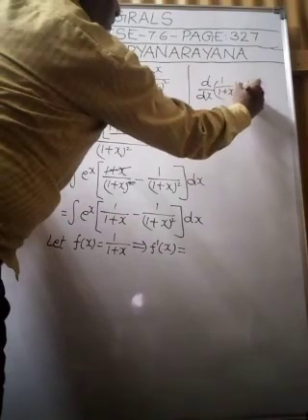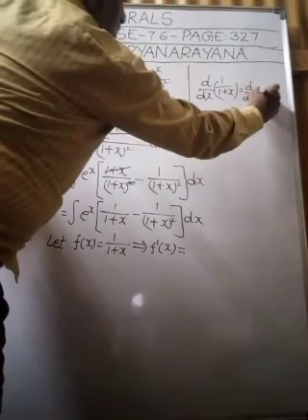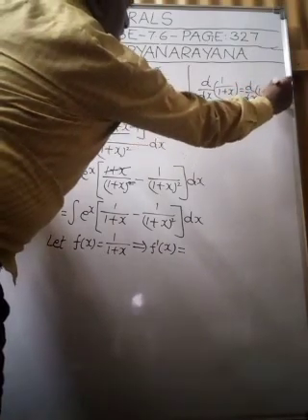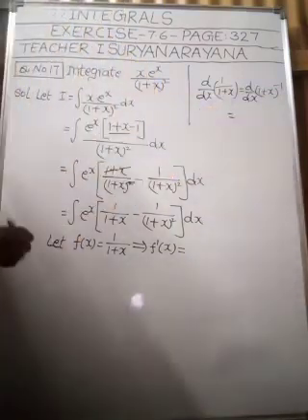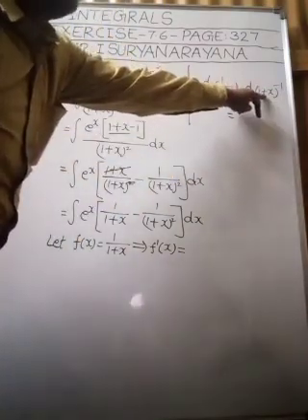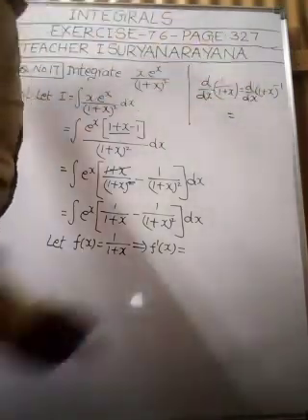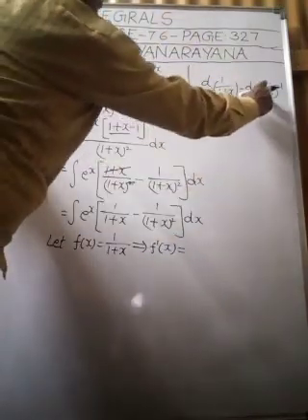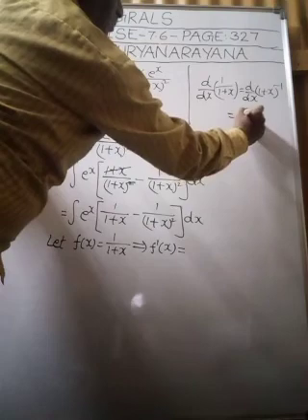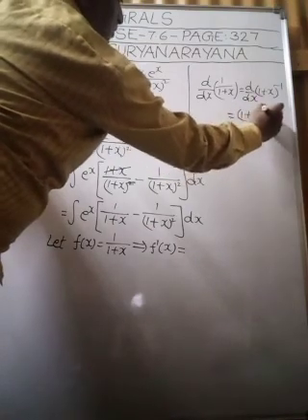How can you write it? d by dx of (1 plus x) whole power minus 1. Isn't it, my children? Can we write it like this or not? Yes. So it is in the form of d by dx of x power n formula. So (1 plus x) whole power minus 1 minus 1,